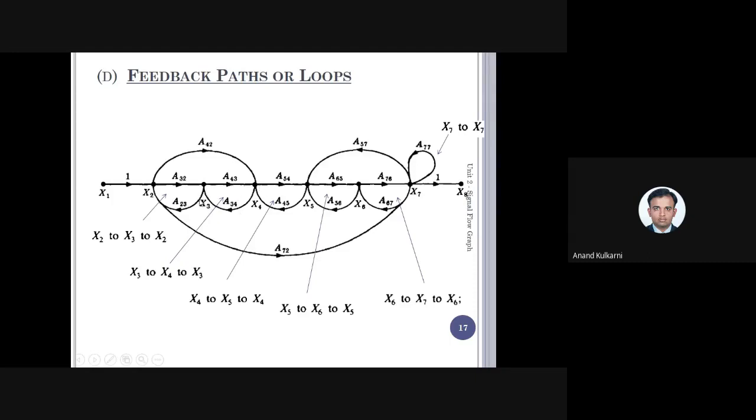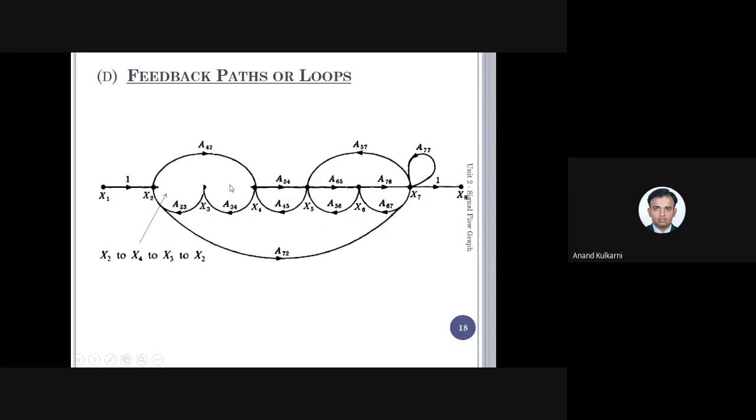And I come back. But if I just see node 1 from node 2, there is like this here. This is one, this is one more, this is one more. Are you getting it? From 2 to 4, 4 to 3, then 3 to 2. This is one more loop. Getting it? Are you getting it, everybody? That is what is shown here. Just observe here. Are you getting it?